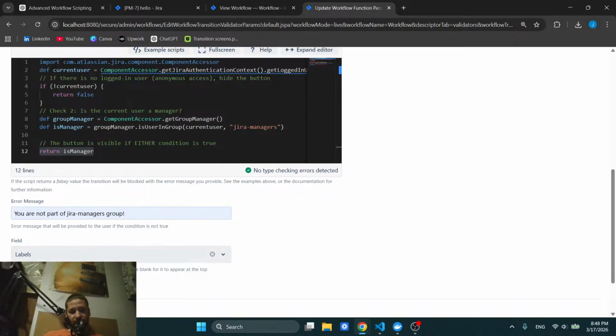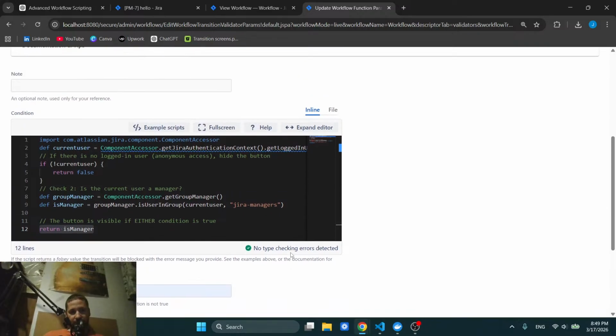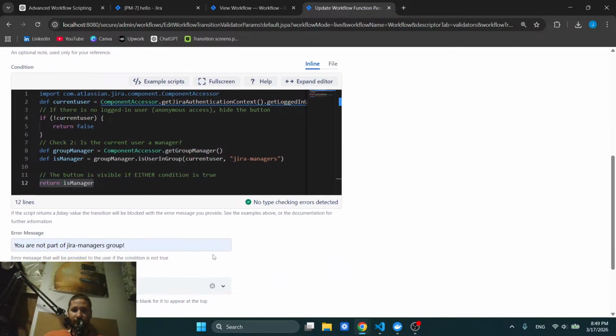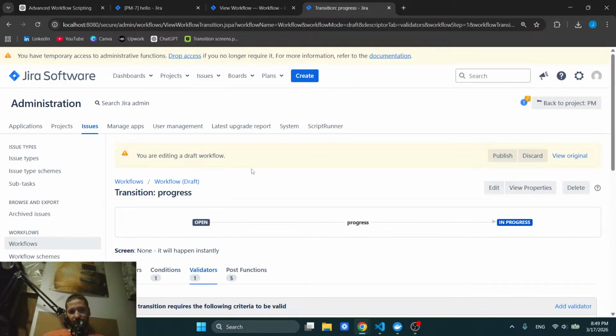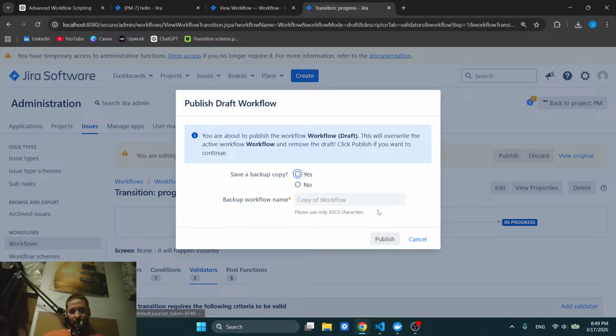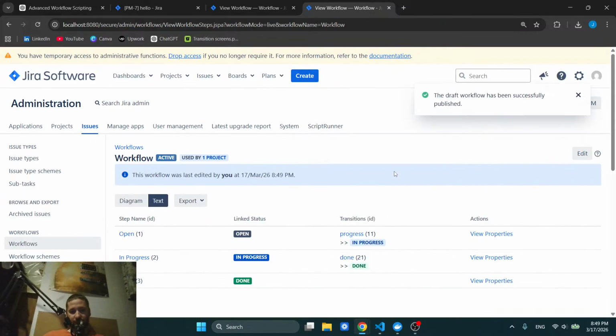Now, of course, form field the error message will appear against. So this is where you're defining to which specific field you want to make the changes. So let's say that you don't really have the authority of changing the priorities, for example, and you can actually do this. So from there, I can update this script, and then I can publish this workflow right here,